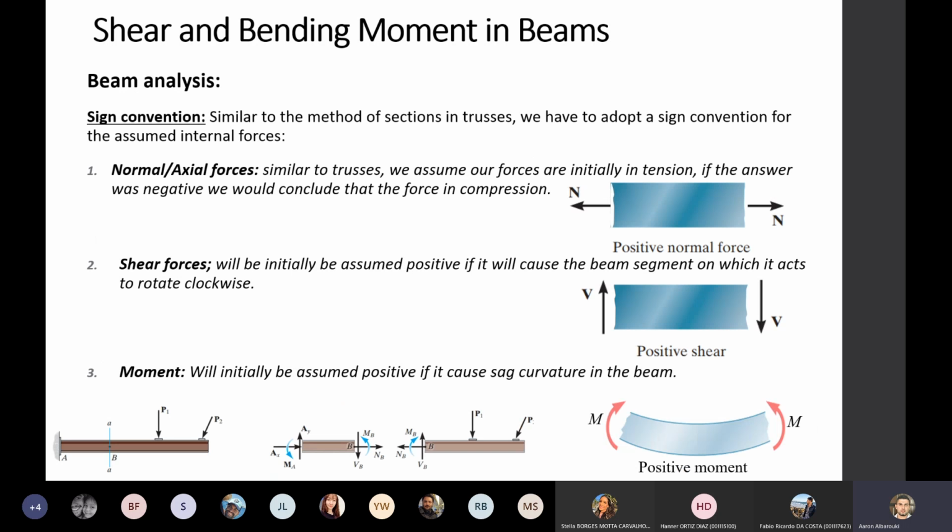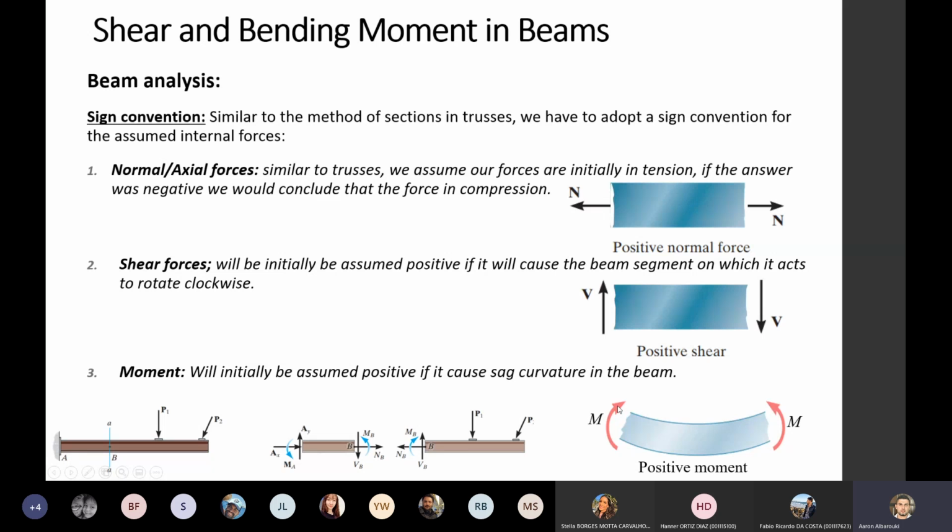Now for the bending moment, how can we assume where the positive direction is? Bending moment will be assumed positive if we create this smiley face, if you want to call it that. This smiley face has an engineering name called a sag curve. We always use that. The opposite of this is the hug curve. So this sag curvature